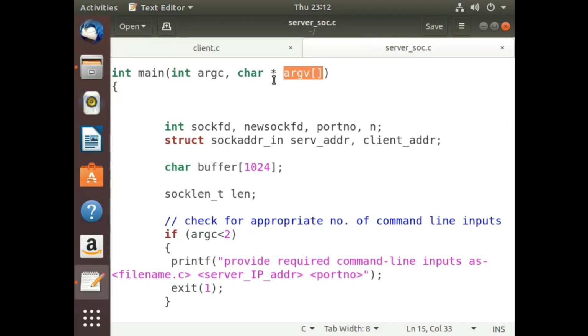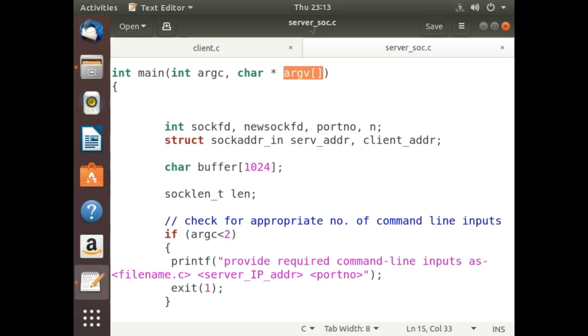Whatever arguments we pass, that includes our program name as well when we run the program. So that program name is the zeroth argument, followed by all the other arguments that we pass.